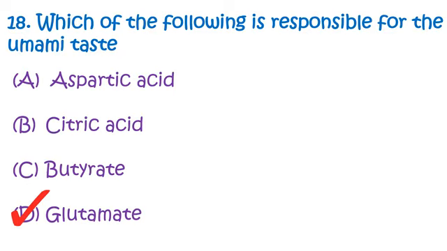Now glutamate is an amino acid which is responsible for the umami taste. Now umami taste is not a very pleasant taste by itself, but it elicits or increases the other tastes and increases the palatability of the overall foods. It is widely used as a sodium salt of glutamate, commonly called monosodium glutamate, also called as